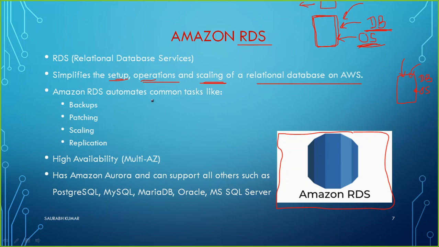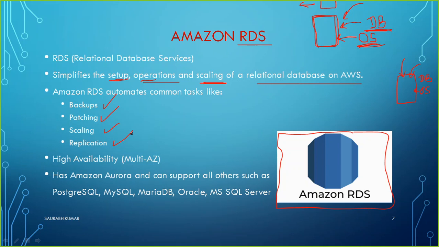Amazon RDS automates common tasks such as backup, it will do it by itself. You don't have to worry much. Patching can also be done automatically. Scaling can be done automatically. Replication can be done automatically. These are the main tasks of the system admin. If you have a database server at your premises, this is the task your system admin will be doing. So if all these tasks are now done automatically, you don't need any system administrator. You don't need to pay the salary to a system administrator, or have 2-3 system administrators working shift-wise.